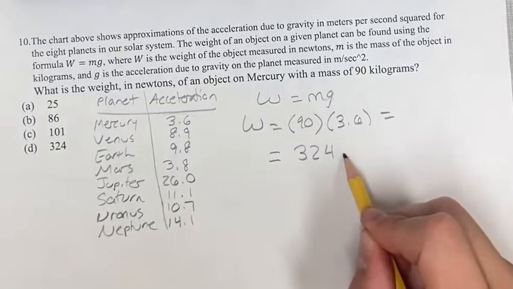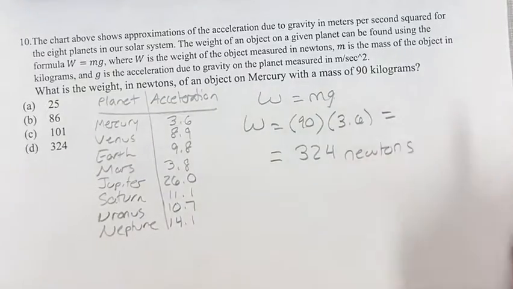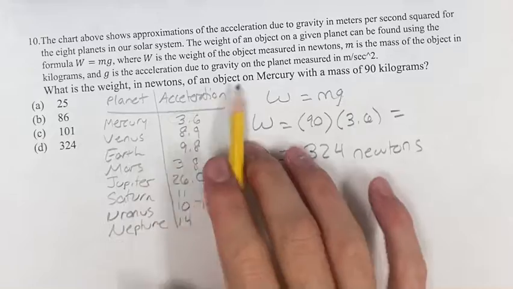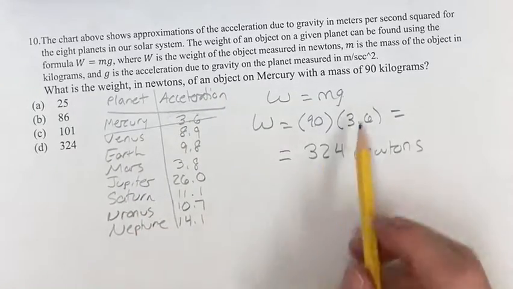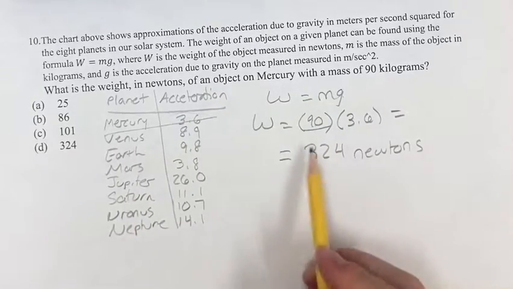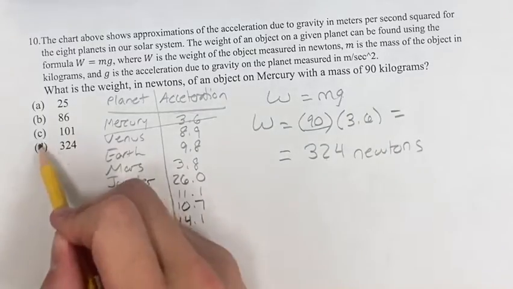And this is measured in newtons. So what is the weight in newtons of an object on Mercury with a mass of 90 kilograms? It's going to be 324 newtons. So your final answer is